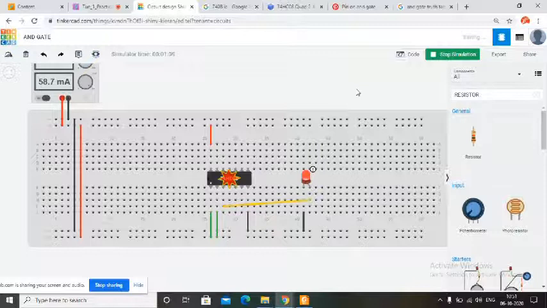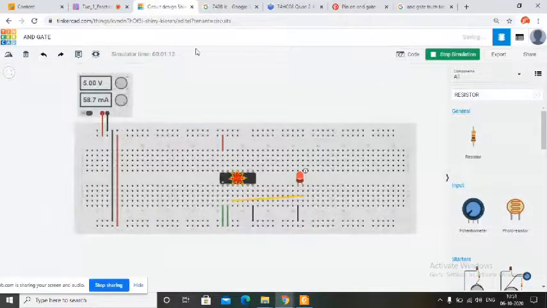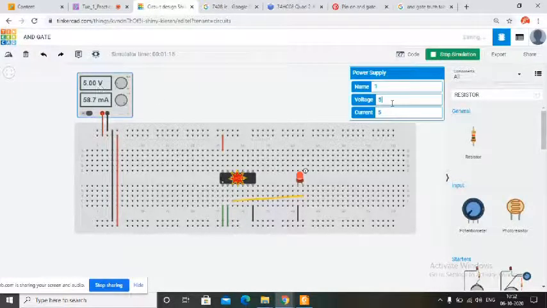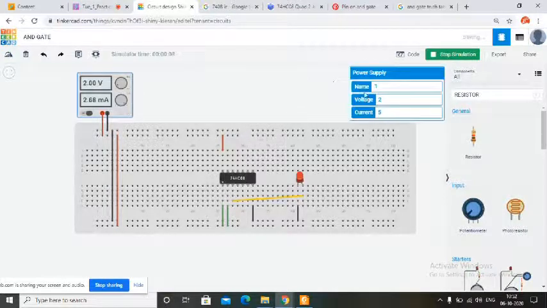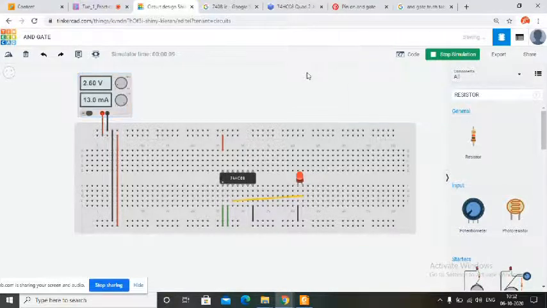So this is the function of a resistor, that with the help of a resistor we can supply higher voltage as well. If you are not using the resistor, you have to double click here and reduce the voltage level. Now if you reduce the voltage level, you can see the LED is glowing, but its value is less. It will be something from 1.7 up till I think 2.8.